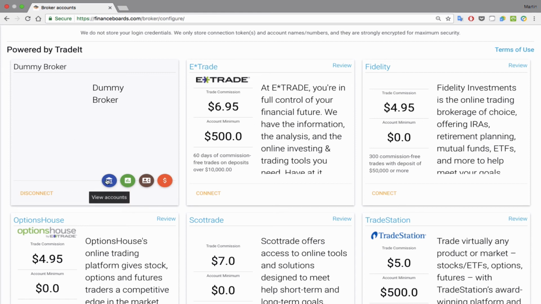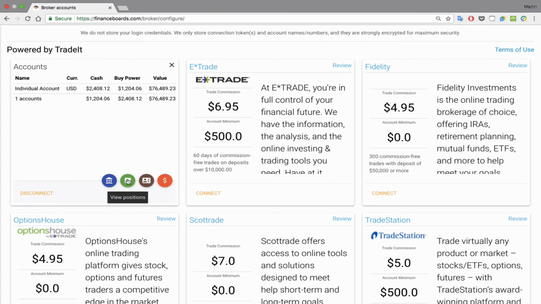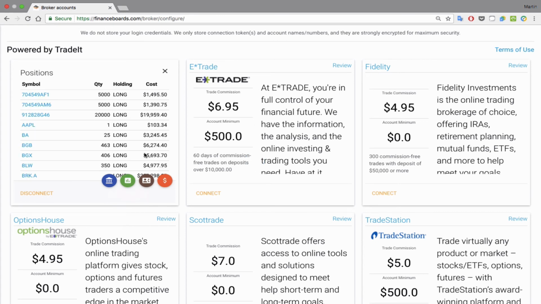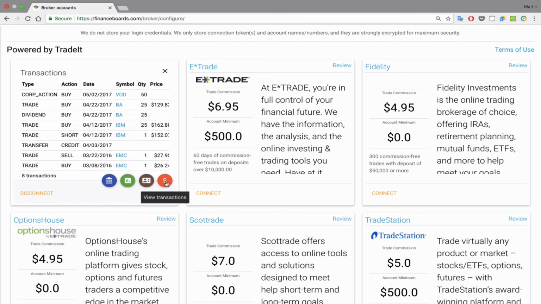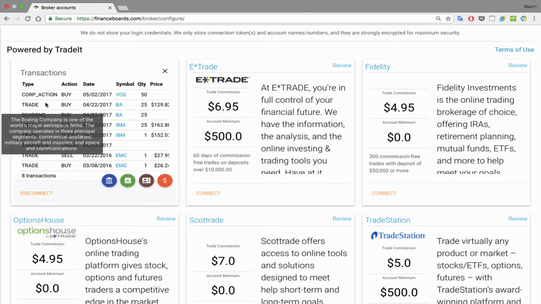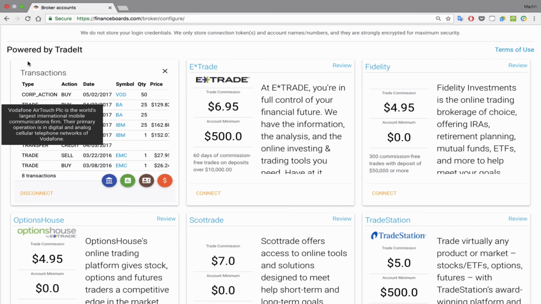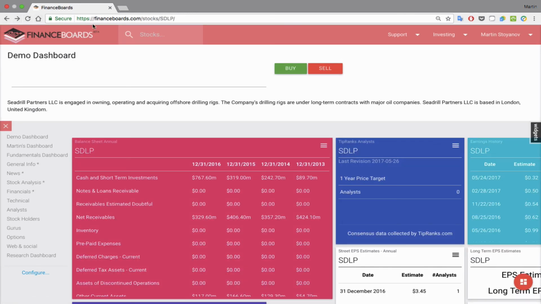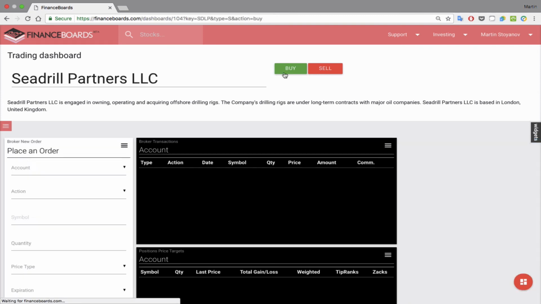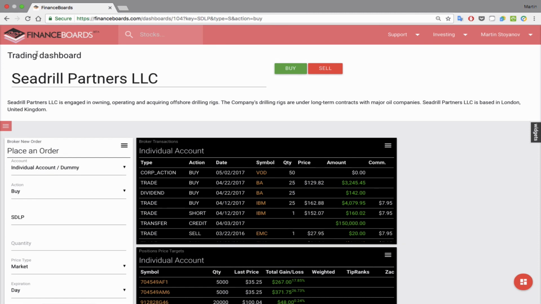And you'll be able to view your accounts, you'll be able to view your positions, your orders, and your transactions through the bottom right of the card. So let's go back to the stock we were gonna buy. And you can click the buy button here at the top, and you'll be taken to a trading dashboard, which